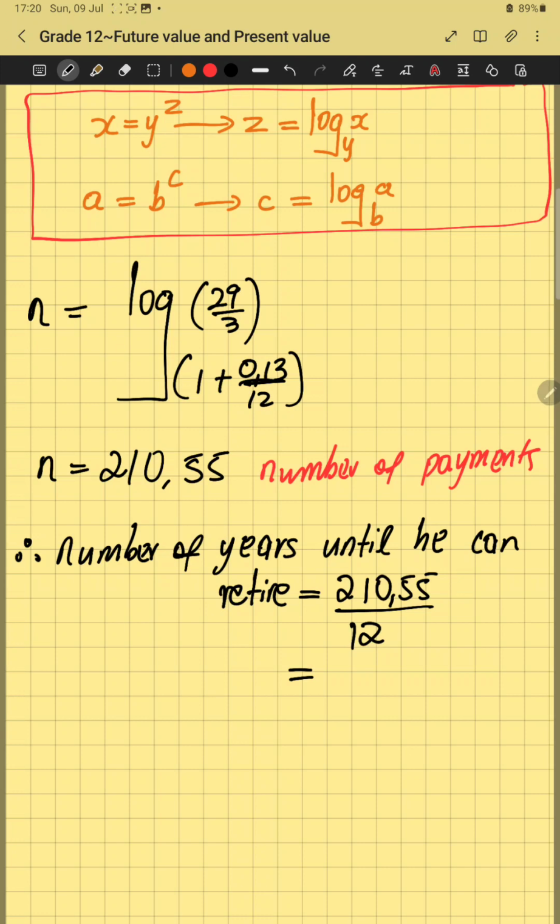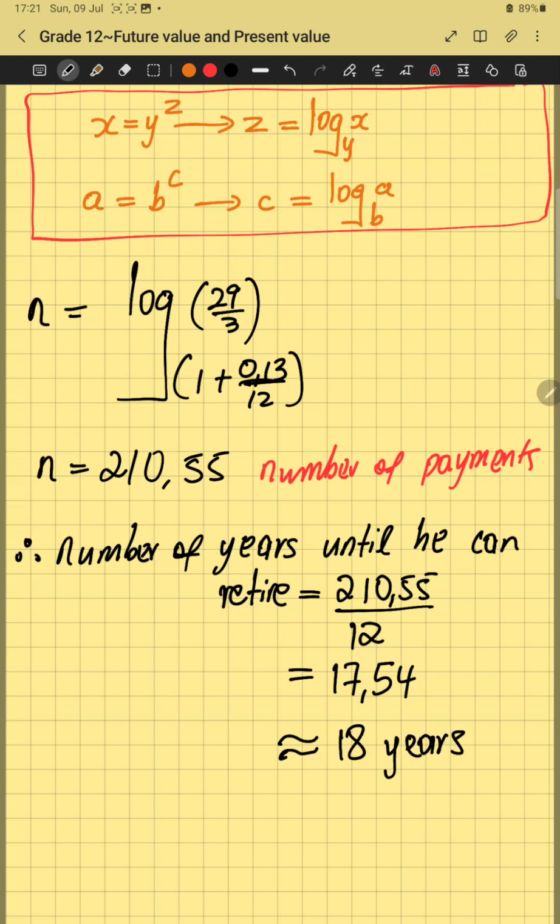So we're going to get 17.54, which, because we cannot leave the number of years with a decimal, we just round off to the nearest digit. So that means we're going to have 18